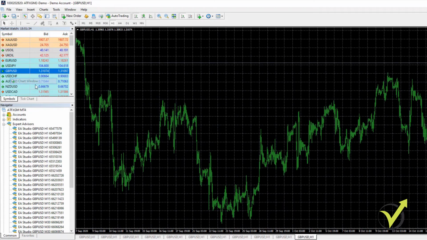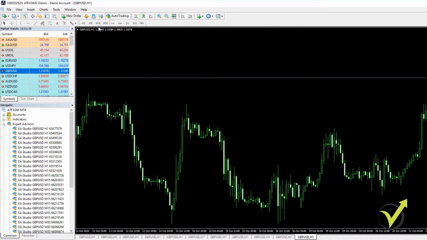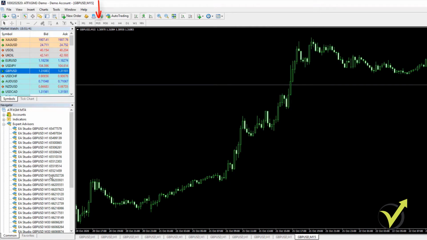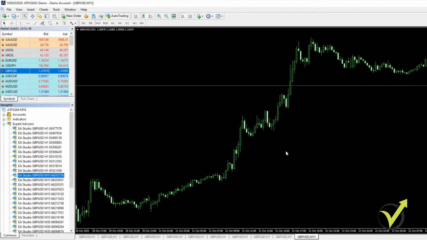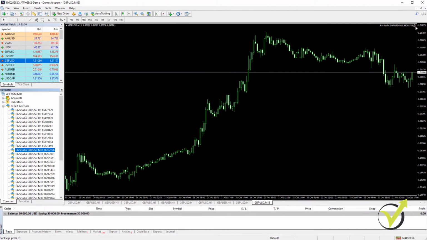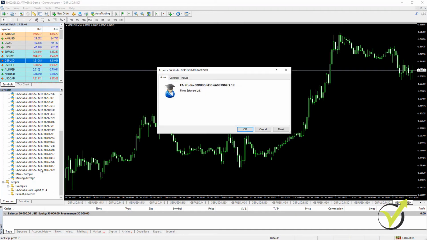I will open a new chart window, I will select empty template, I will switch to M15 chart because the next 10 expert advisors are for M15. I will double click on the first one and click on OK, and it is attached over the chart. So let me place quickly all the EAs on the charts and I will continue the video. And here I go with the last chart that I have on M30. I will double click on the last expert advisor and I will click on OK.